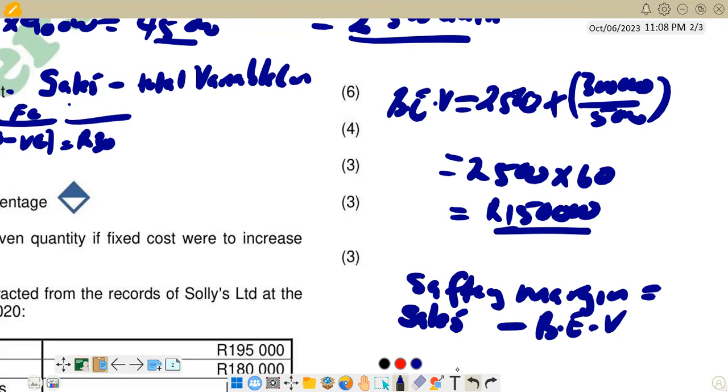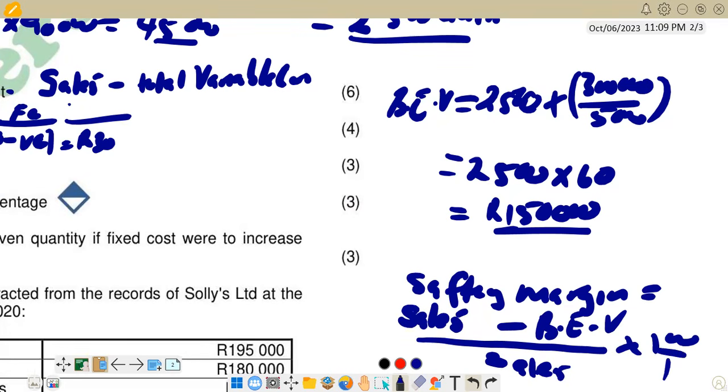So the safety margin says how much did we sell above the break-even point? That's the safety margin. Then it is to be presented in the form of a percentage, so we say over sales, then we multiply by 100 over 1. So that's the formula that we have. If you go to our question,